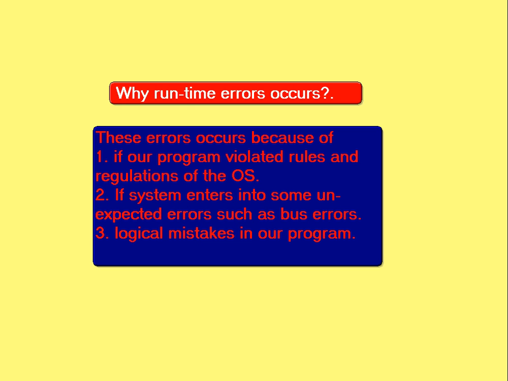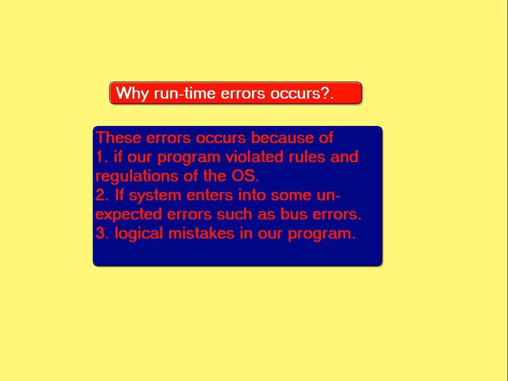When do we get runtime errors? They occur while the program is running. Of course, these errors occur for many reasons. For example, if our program violates the rules and regulations of the operating system while it is running, for example, trying to access a memory which is not allocated,